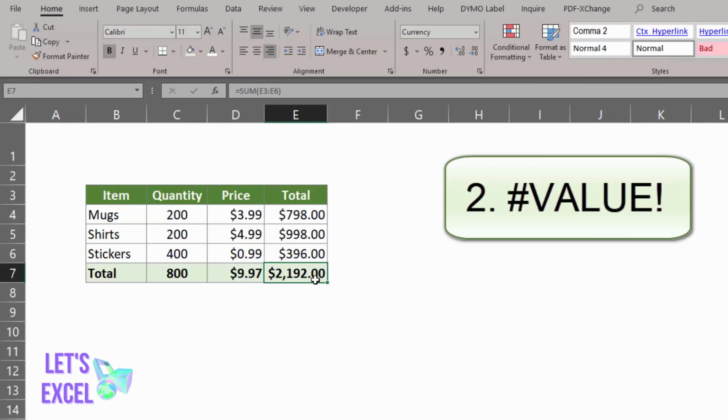Another error is the value error. In this example, we want to know the total spent, so we add up the 3 cells. But if I accidentally add total to the formula, it's not going to know what to do because it doesn't know how to add the word total to a formula containing numbers. So if you come across a value error, check to see that your formula isn't referencing any cells that aren't